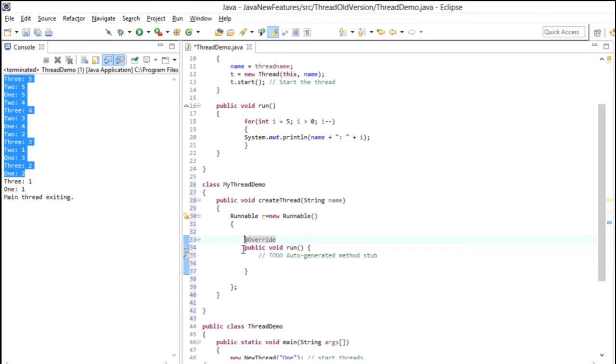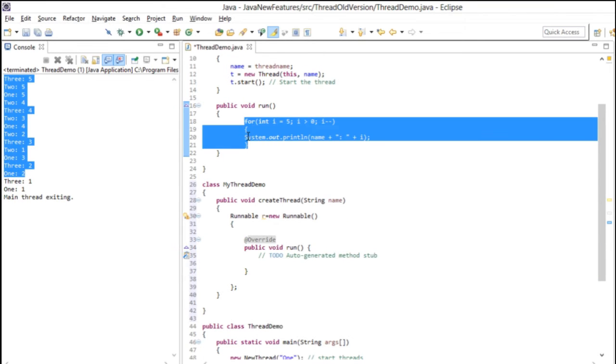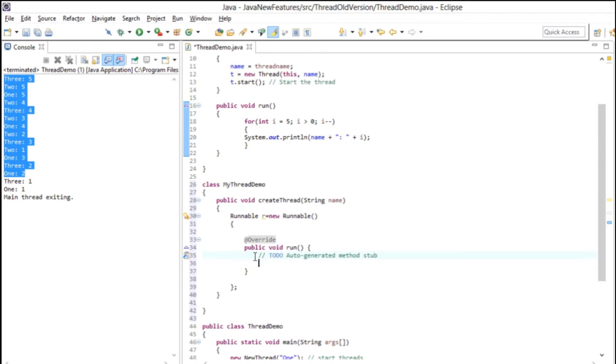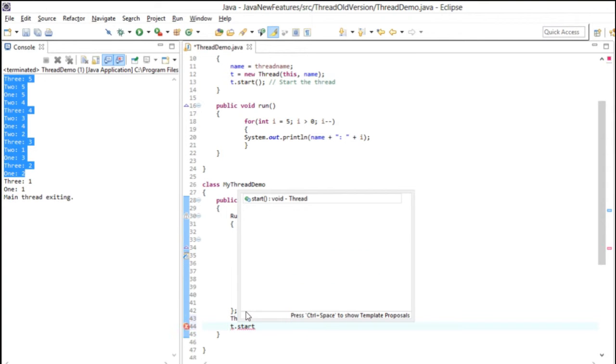So you can see my run method is now here. Now I'm going to copy my business logic into the run method. Now I have to create the object of Thread, and inside that I am passing the Runnable object r and the name of the thread, and then I am starting the thread.